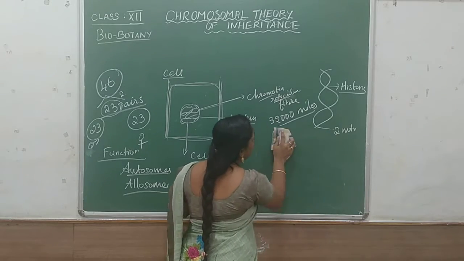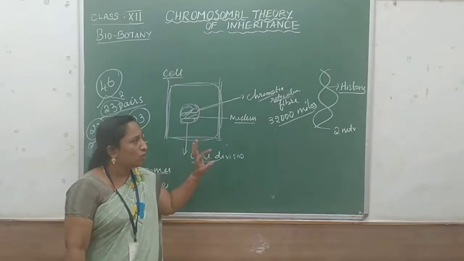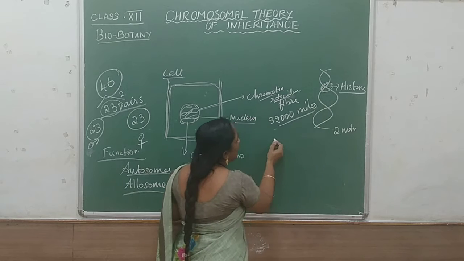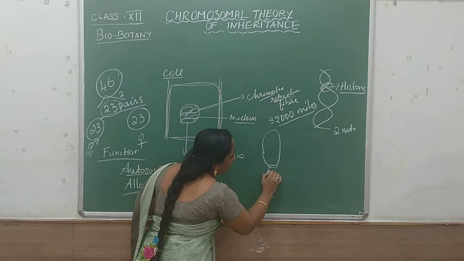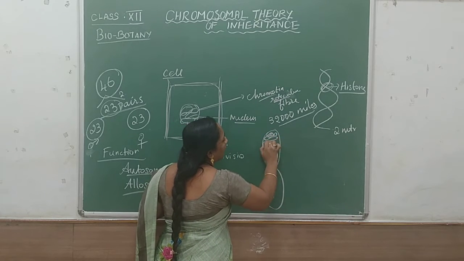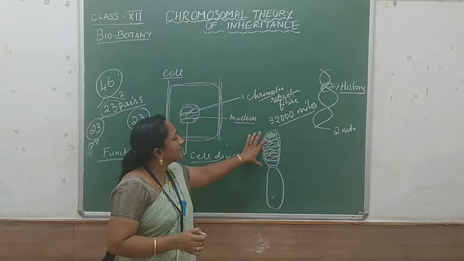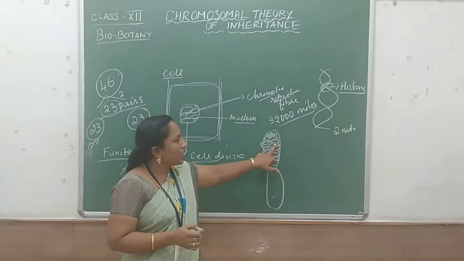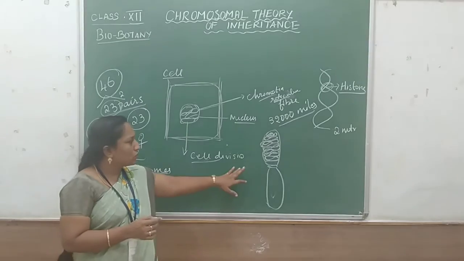Such lengthy DNAs are present inside the chromosome. These chromosomes are coiled by means of histone protein, then condensed and formed. This structure is called what? This is the chromosome. The DNA is highly coiled like this, then condensed and kept inside. The structure is called a chromosome. Understood? This is the structure and some information about the chromosome.